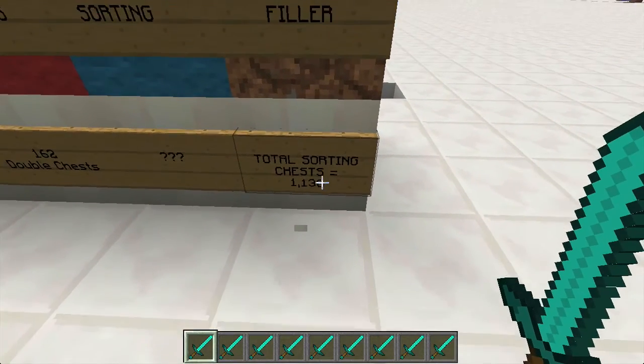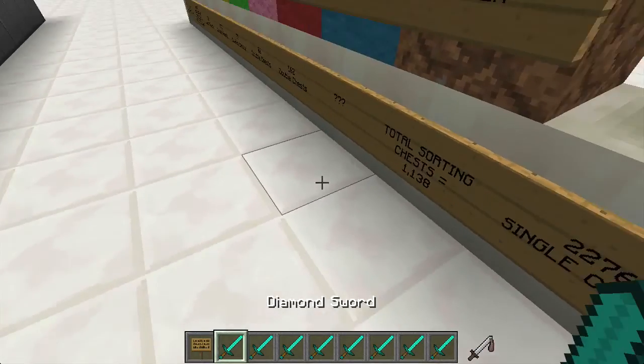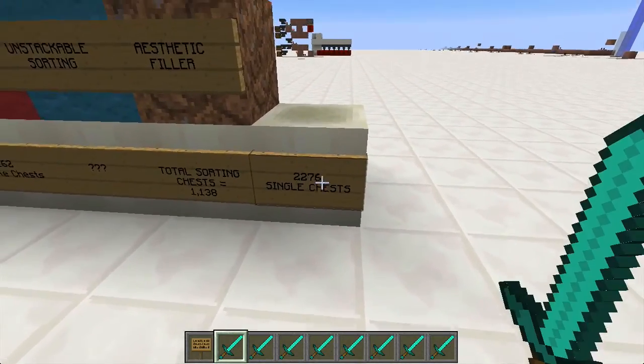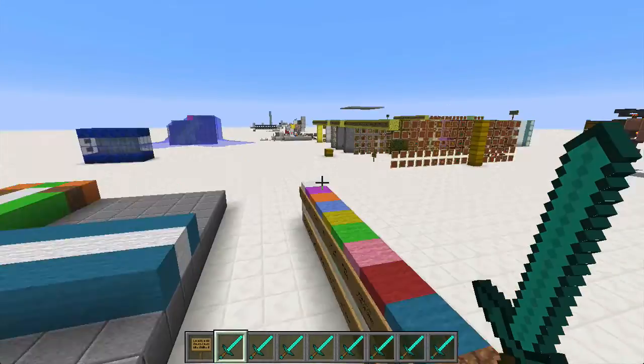them to be sorted. So in actuality, oh man, I'm going to do math on camera. That's going to be 2,276, right? Yeah, that's it. 2,276 single chests. So you can imagine all of that, plus I think there's going to be like one chest added here and there for the sorting system, or the redstone, but that's a lot of chests, and my game's